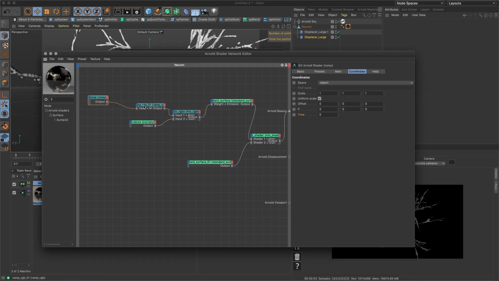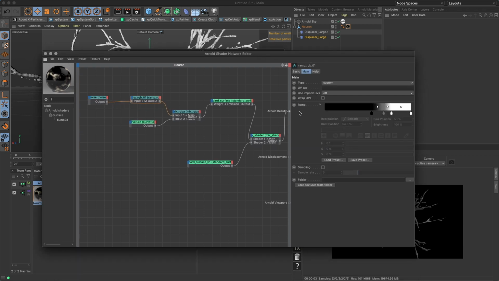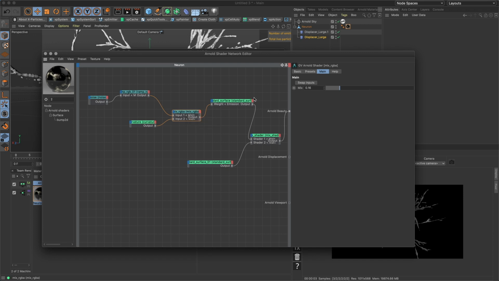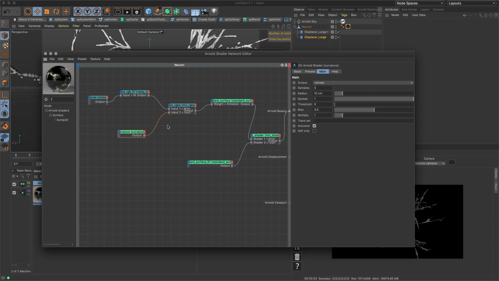So this then should go into your ramp RGB node, and you can kind of pinch it a little bit over to the right, and then bring in a mix RGBA node, and then put that into input 1, and then I put a curvature node in, and I mix that into input 2,